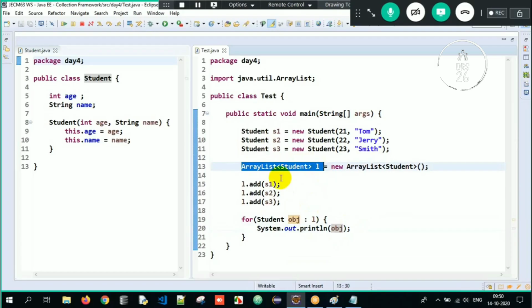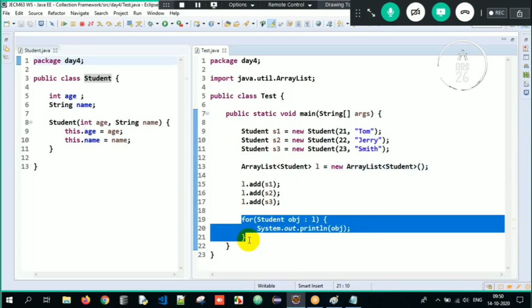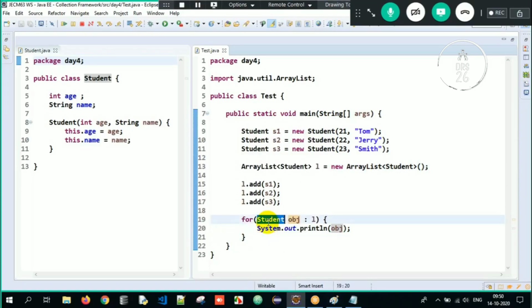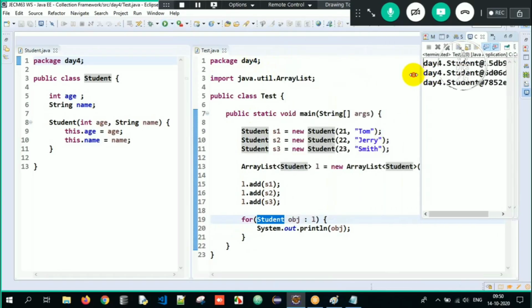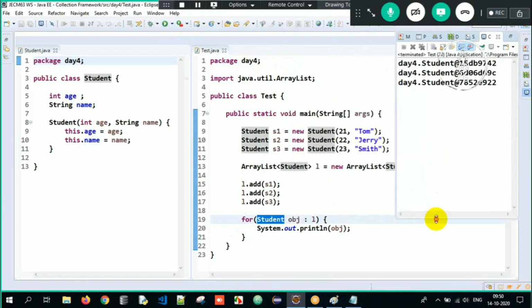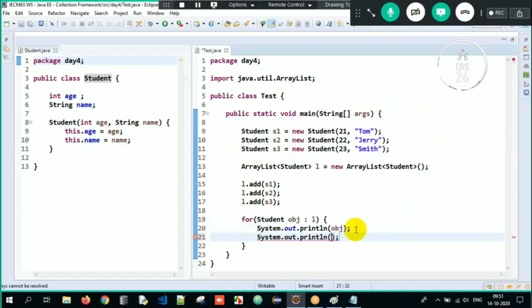So this is what we are supposed to see. In my array list, you have stored only student objects. So now you're going to fetch only student objects one by one. So that's the reason it is Student. Now if I execute the program here, look at the output. I get the three student objects here. Because when I try to print the object references, the toString method always gets called and it gives the string representation. So if I just write obj, I will get the fully qualified class name. If I want the content over here, I have to tell